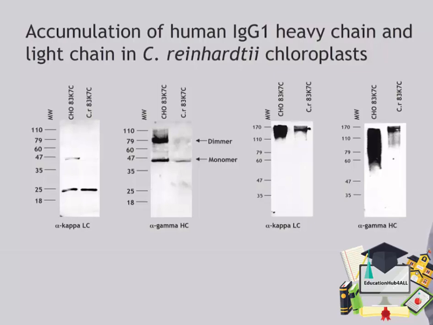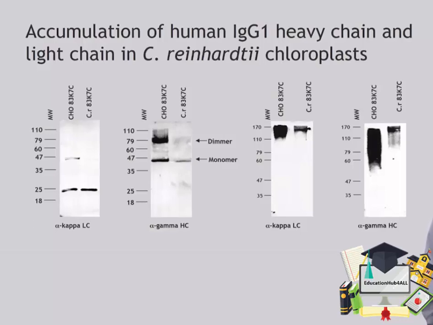We can also accumulate some mammalian proteins that require extensive folding and even assembly. In this case, we introduced both the heavy chain and the light chain gene of a human IgG1 protein. This is an IgG antibody that requires 2 heavy chains and 2 light chains to assemble together. Here are a series of Western blots in which we show not only does the protein accumulate, the light chain on the far left, the heavy chain in the middle, but if we run non-denaturing gels, as we have on the right, you can see that those proteins actually assemble into the much larger 4-protein complex,